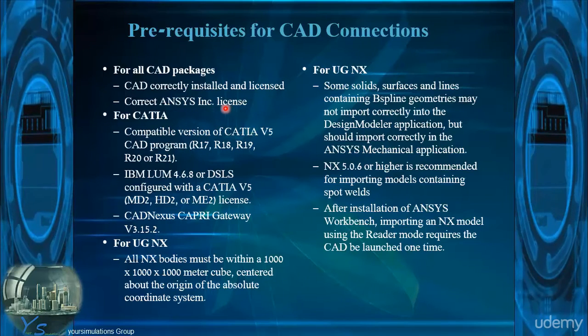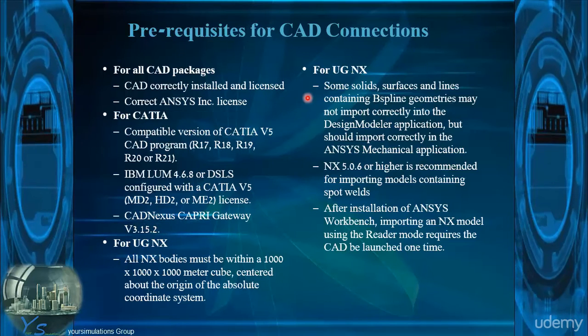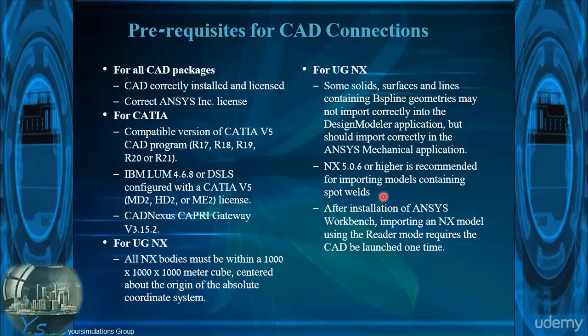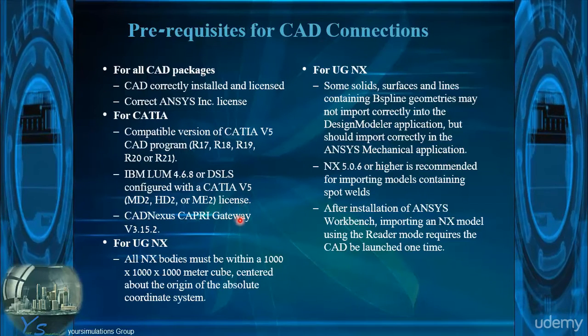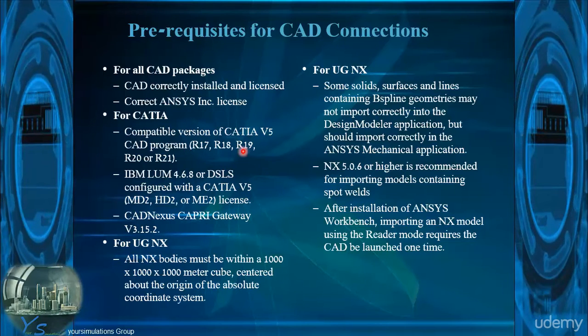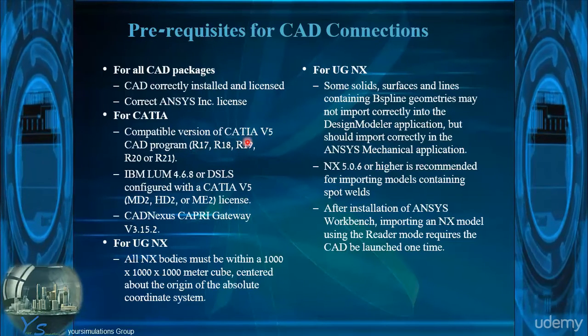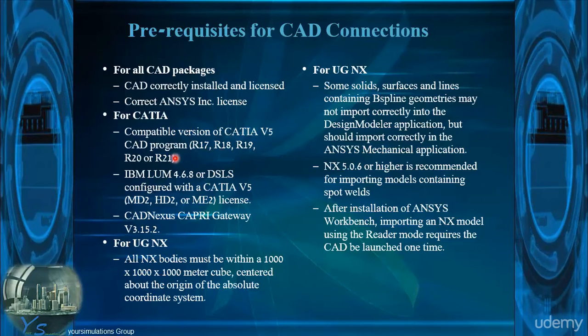But we can list out here some of the key requisites for some of the key CAD packages, for CATIA, UGNX, needed in order to maintain the connectivity. So here we can see, for example, for CATIA, if we take this first example, we need a compatible version of V5, which includes releases 17 through 18 up to 21,